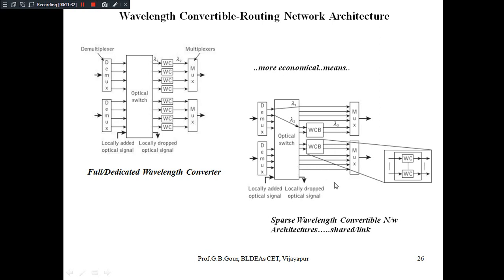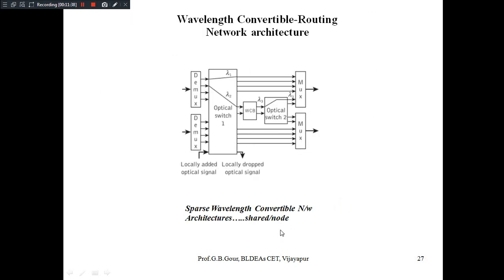So here what is happening, WCB is shared per link. Per link request you are getting from lambda 2, it is converted to its compliant wavelength lambda 3, then it will be switched to the particular designated output with the help of this optical switch 2.